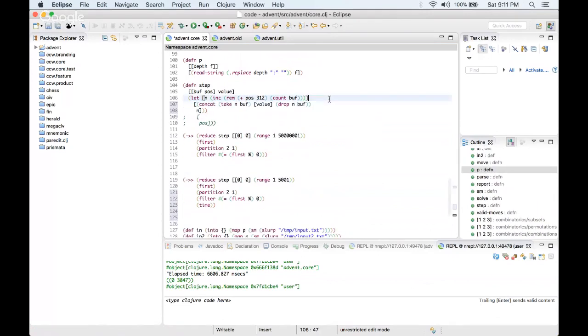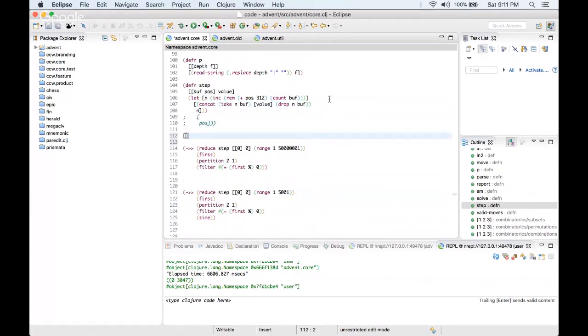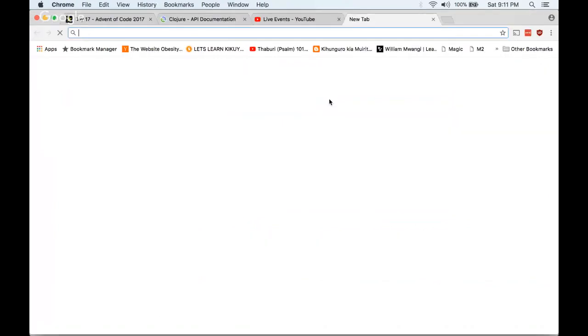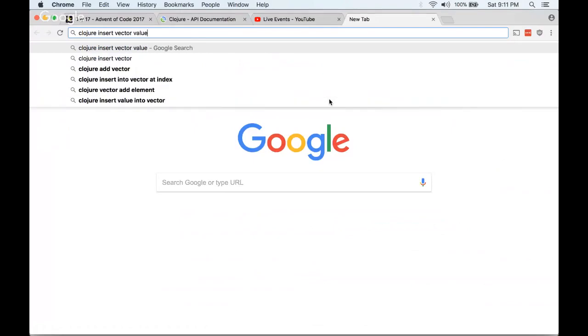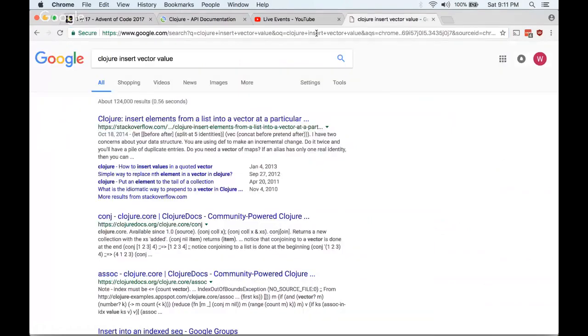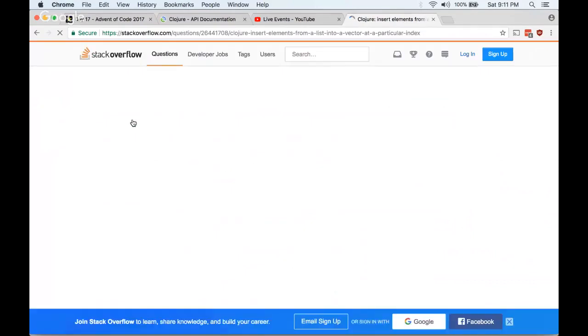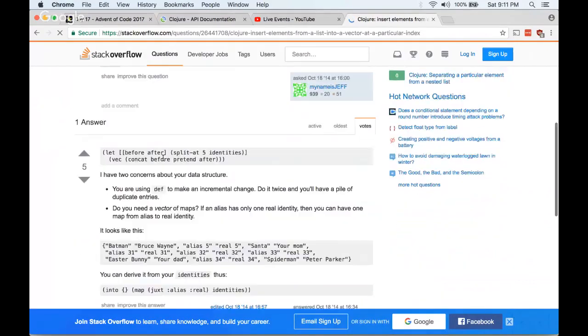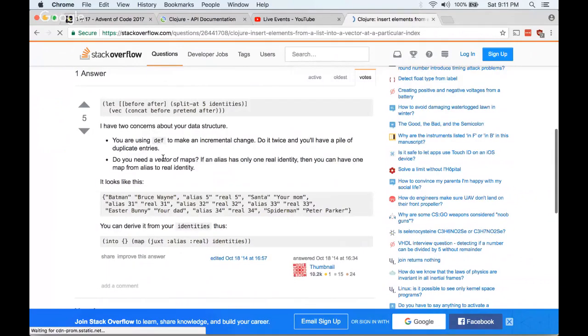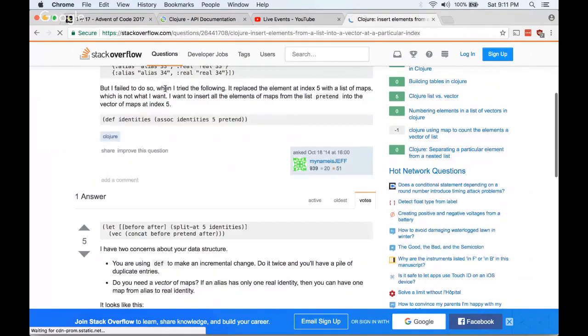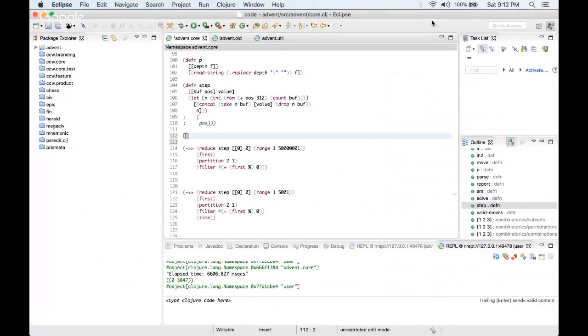Okay, how do you take a vector, insert a value? So Clojure insert vector value. Okay, we got a Stack Overflow here. Okay, that's, yeah, this is not going to be a sensible kind of thing. Let's see, the buffer gets bigger each time. So it seems like it isn't okay to, well, maybe we can